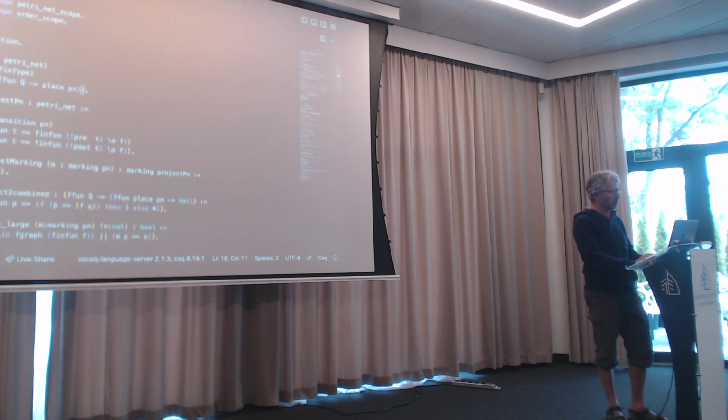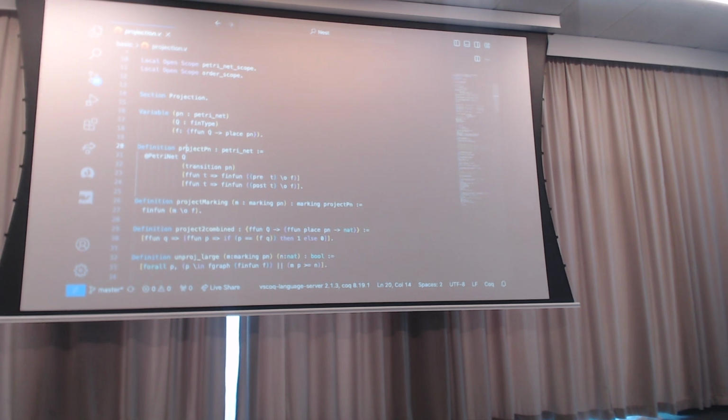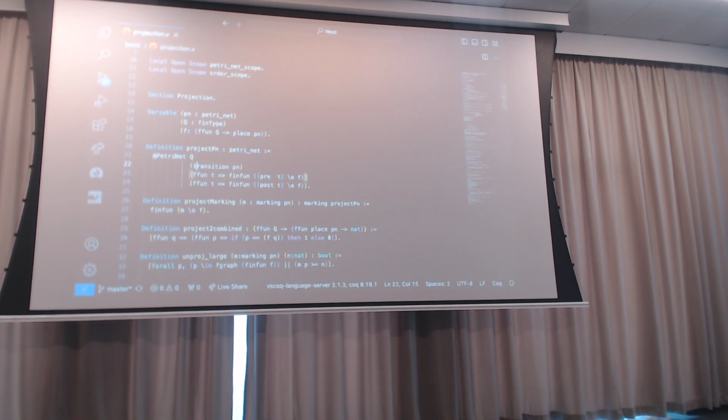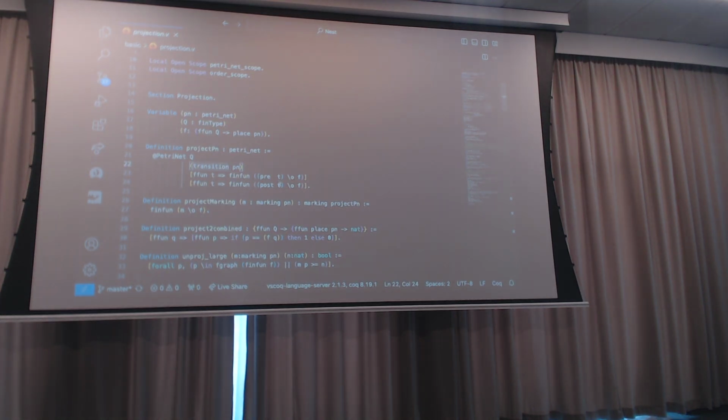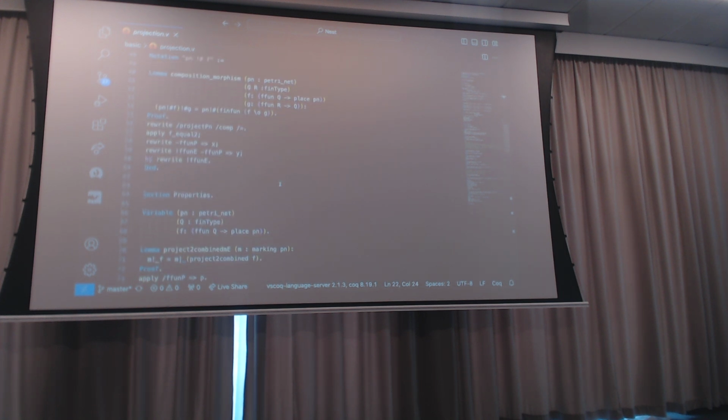You have a function from a set of places Q to the original places of your Petri net, and you define the projection of the Petri net by using the same set of transitions, but the two functions pre and post are defined as compositions with this function that projects away some places. So we started developing the projection, and as you can see, step by step, every week we develop